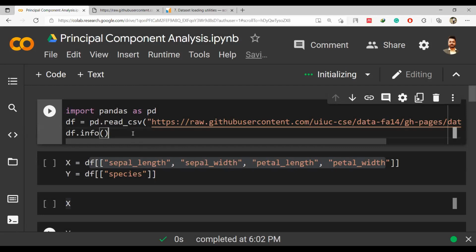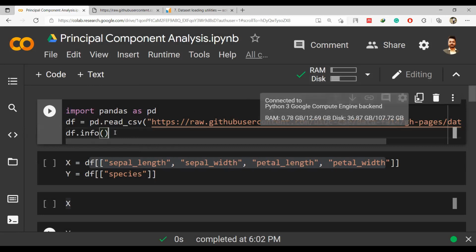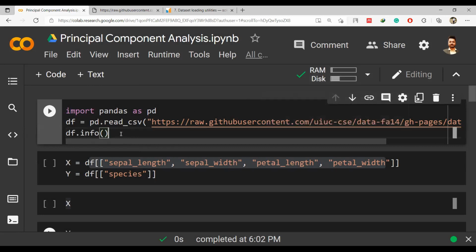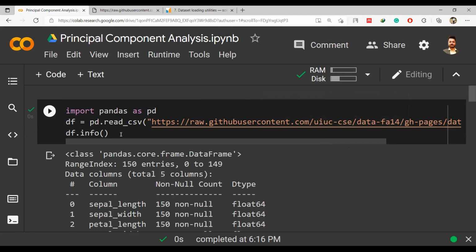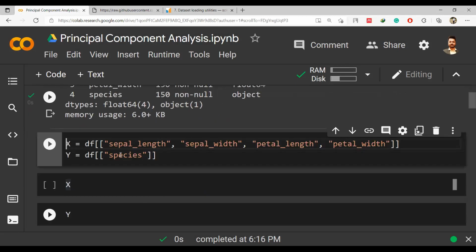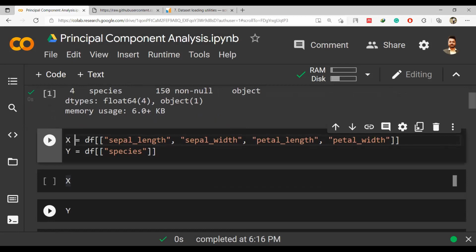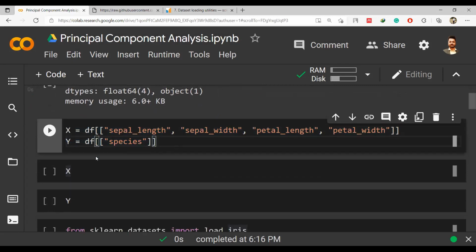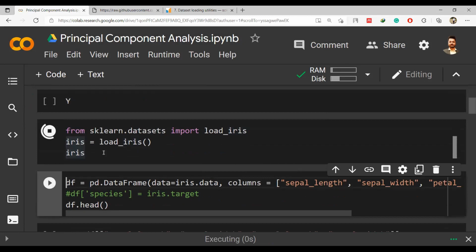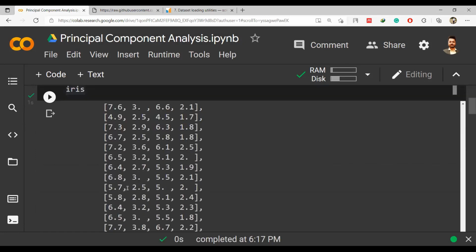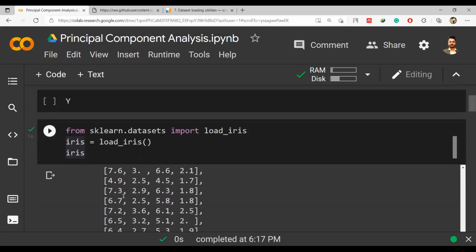So this is the first command, in which after the initialization of this RAM and this Google Drive on the backend, we have to import the data as df, and df.info looks like this. You can do this, but even if you don't run these 3 commands, you can directly load the dataset from sklearn.datasets. If you run this now, you have the iris dataset, which looks like these 6 components that we saw in detail.